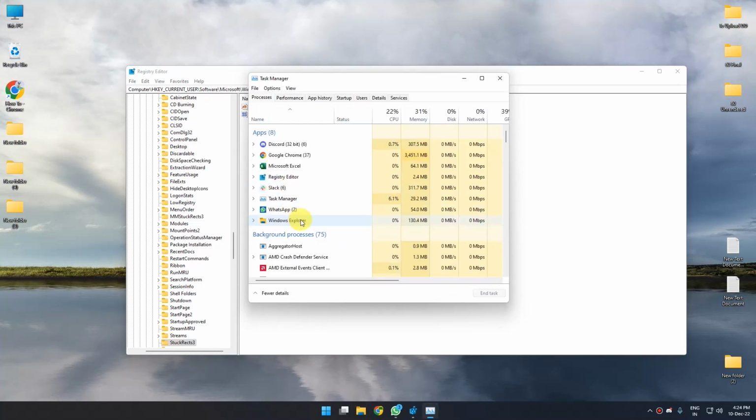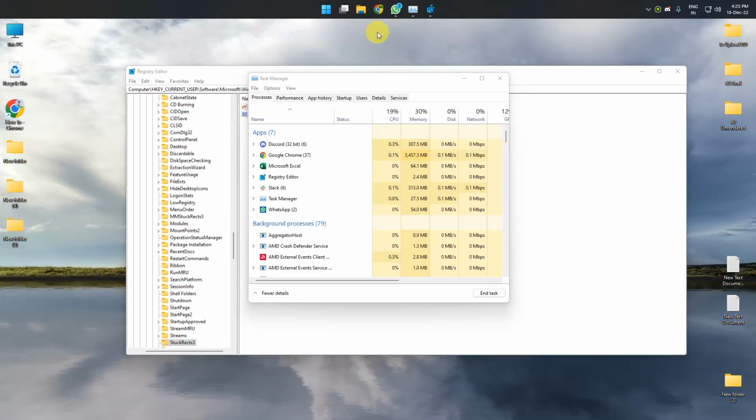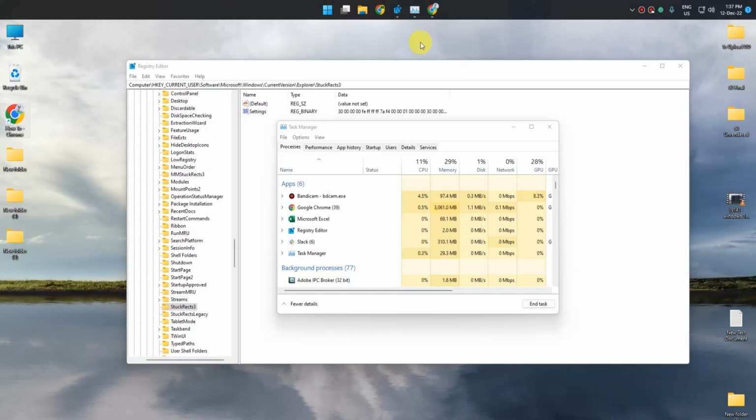Then click on Windows Explorer, then click restart. And as you can see, now the taskbar has changed the location and it's now facing upward. And now if you want to go back to the default version of the taskbar, which is downwards over here,